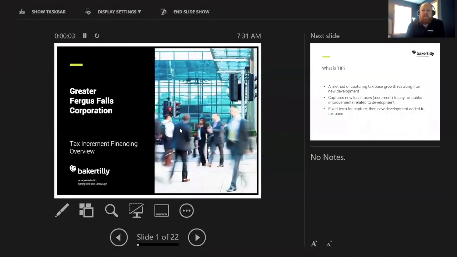So yeah, as mentioned, my name is Tom Denoway. I'm with Baker Tilly. You may formerly have known of us as Springstead. We joined with the firm Baker Tilly just a touch more than a year ago, on April 1 of 2019. We became part of the Baker Tilly group, and we joined at the same time as another company called UMBA, which is a similar public financial advisory firm out of Indianapolis. So we both joined and added to the company at that point in time.